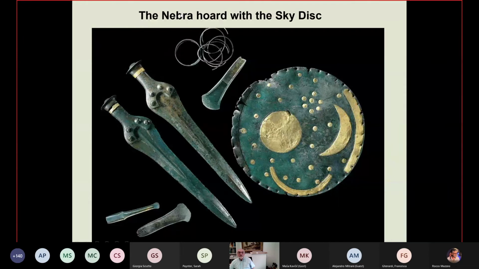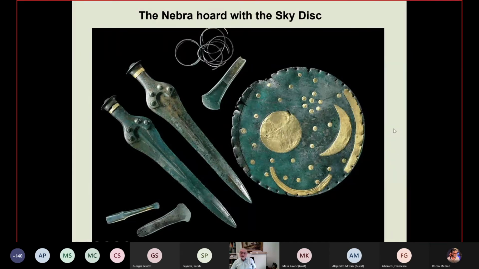This is something that I wanted to show first, where we cannot come from. But now I want to provide an example where we can actually identify the provenance of the copper, but not only of the copper, but also of the gold, and possibly also of the tin. And this is this hoard, which was found in